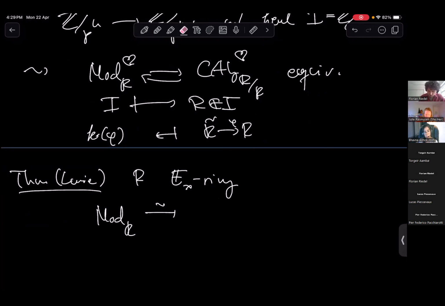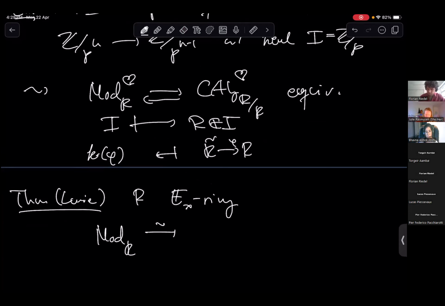Oh sorry, this is not an equivalence up here. I messed up. So this is a construction, this is a functor, and there's a functor in the other direction. And the point is you can check that, oh yeah, this is an important point. Of course, the right hand is not a module category. You can check that the split square zero extension defines an abelian group object in augmented algebras. This is the crucial point. It defines an abelian group object, and once you put abelian group objects, then it becomes an equivalence.